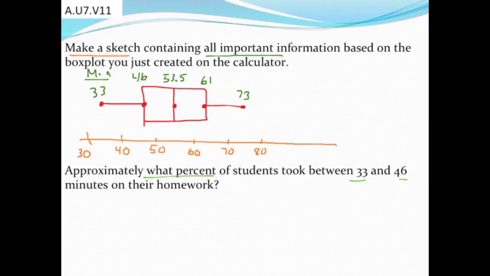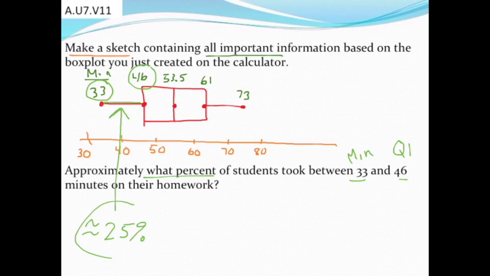Well, I'm glad they picked those numbers because I can see 33 minutes and 46 minutes are right from values that I got in the box and whisker plot. So the 33 represents my minimum. The 46 minutes represents my Q1, and because that's one section on the graph, this section right here, remember the way a box and whisker plot works is each one of these sections is approximately 25% of your data. Approximately. So what I'll say is the approximate number of students that took between 33 and 46 minutes was